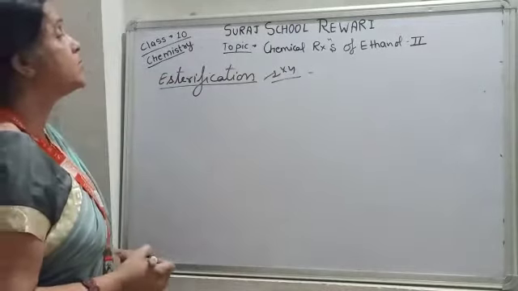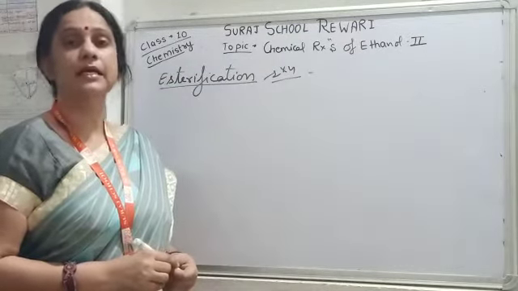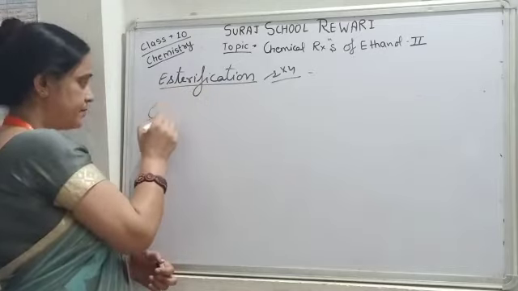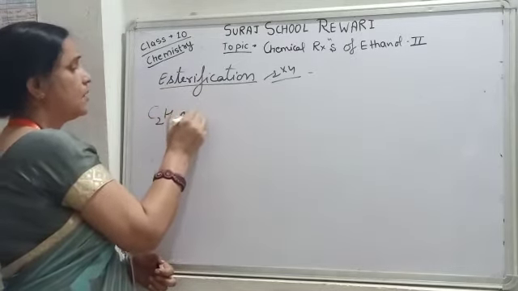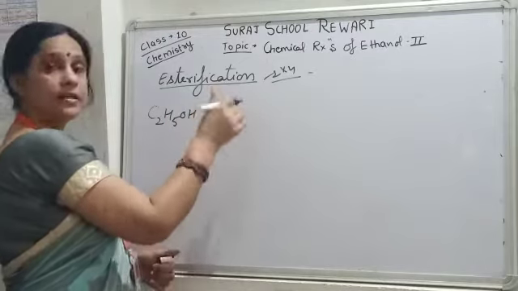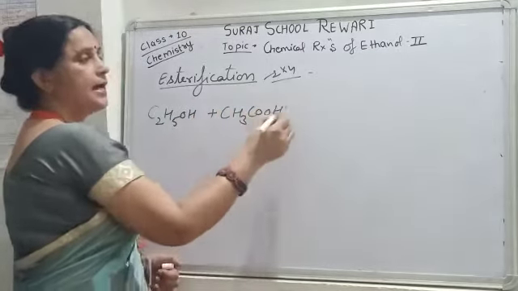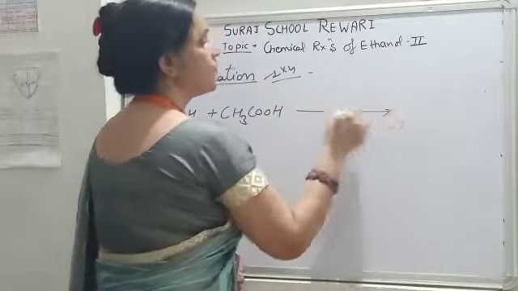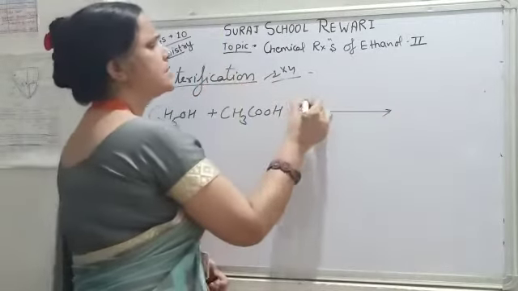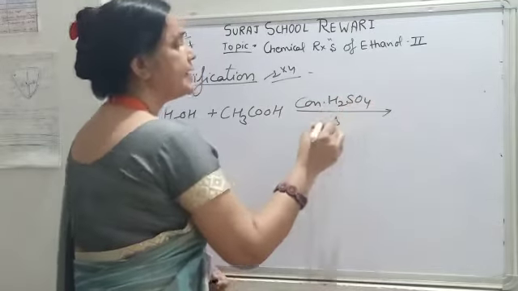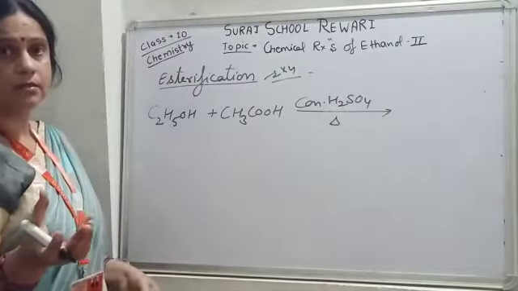It is the most important reaction of ethyl alcohol. If we add some ethanoic acid in ethyl alcohol in presence of some drops of concentrated sulfuric acid and heat it on a water bath, then